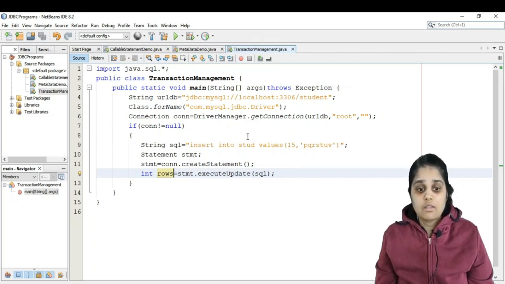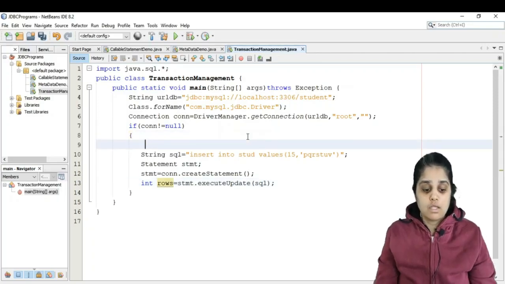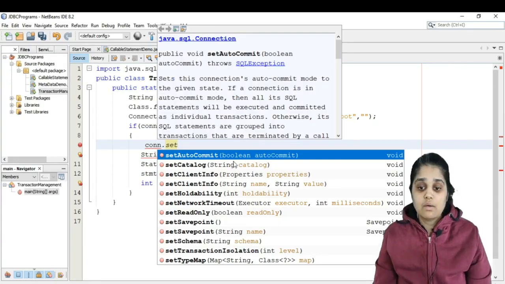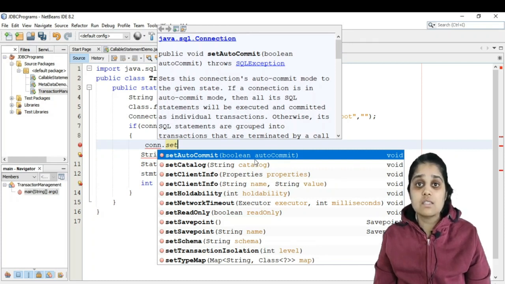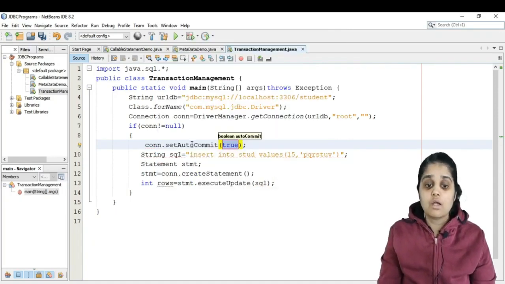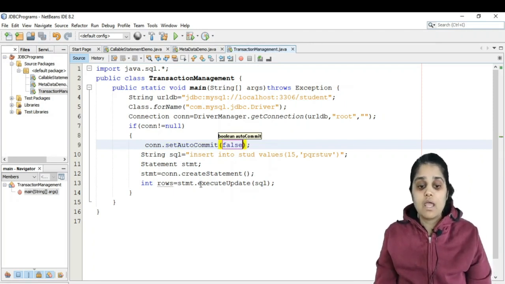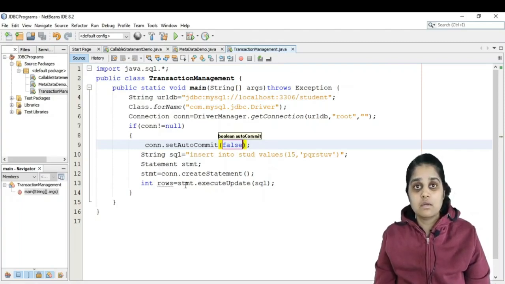For that, the first statement that you will write here is con dot setAutoCommit. This setAutoCommit method is going to stop committing everything that you do inside the database unless and until you explicitly tell that this statement should be committed. By default it is true, and you are going to set it to false, so that when I am doing this executeUpdate, things will not be reflected in the database.